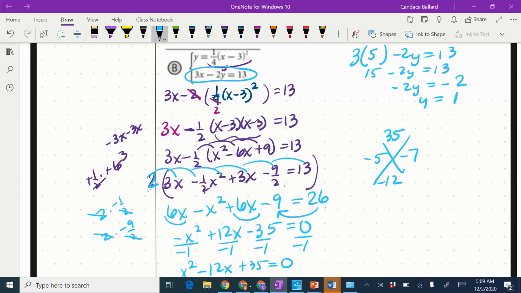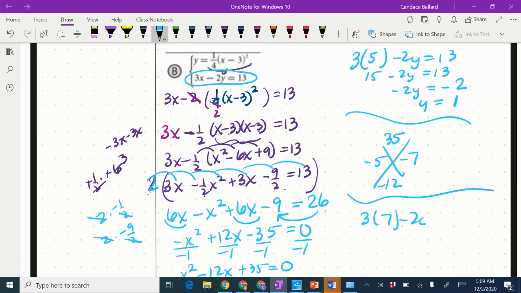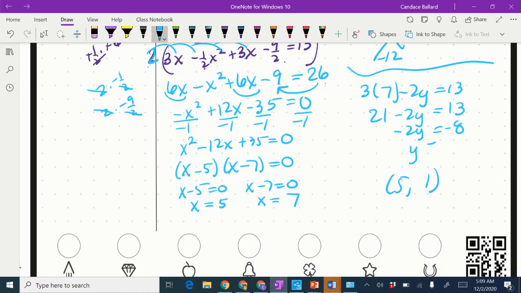I'm going to do my other value, which was a 7. I didn't plan well on spacing here. So 3 times 7, right? Let's make sure. Yep, 7, minus 2y equals 13. 3 times 7 is 21. I am going to subtract the 21 to the other side. And I get negative 8. And then I've got to divide by negative 2. So negative 8 divided by negative 2 is 4. So my other point is 7,